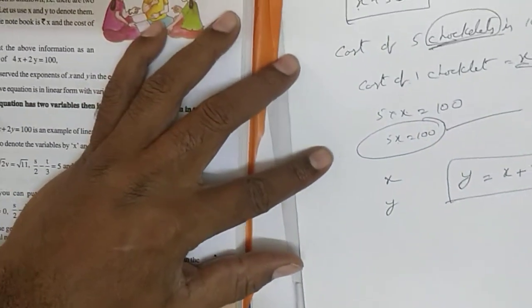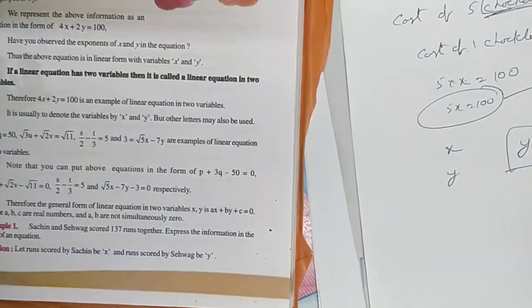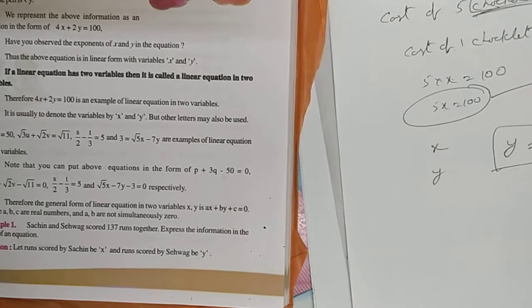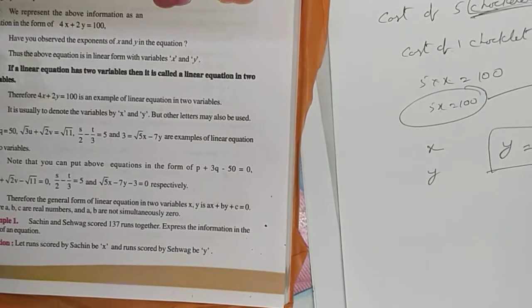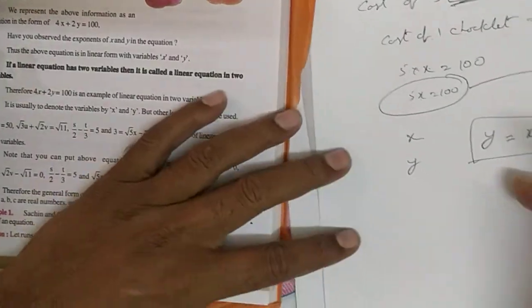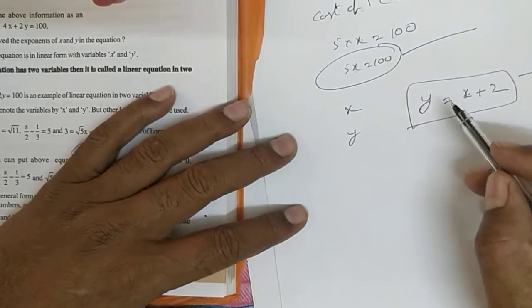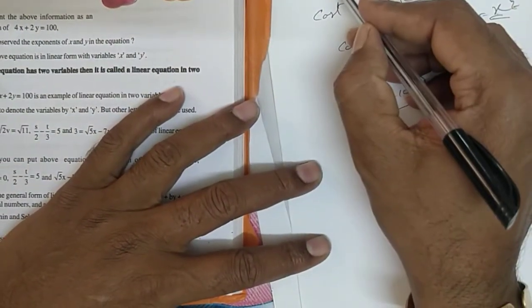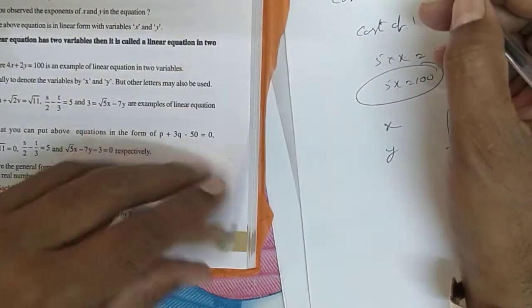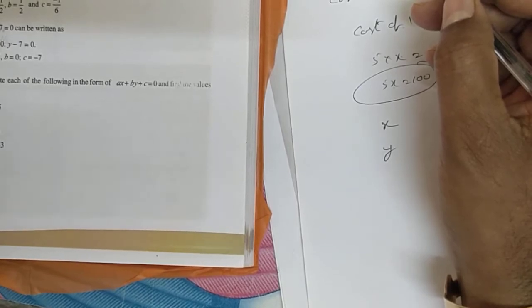Okay. These problems are very important for your next class, that is 10th class. If you don't understand now, it will be difficult for you in the next class. Now, linear equations in two variables. Here x is one variable, y is another variable. Two variables are there. Till now I talked about one variable, x plus 3 is equal to 5, like that. Now, linear equations in two variables. Solutions.